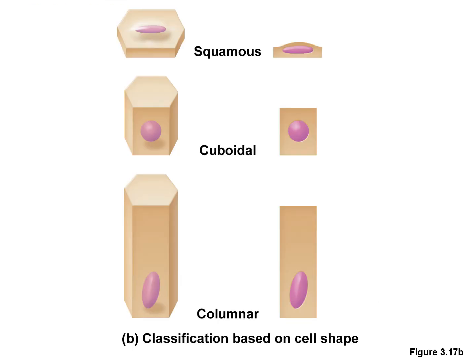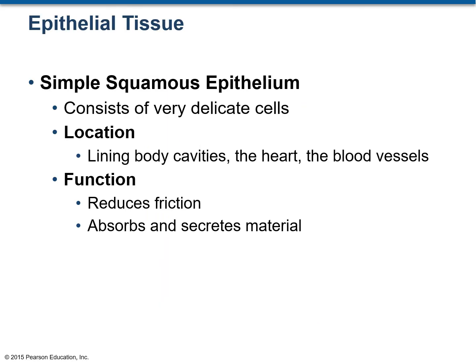So this figure shows the three primary shapes: the flat squamous, the cube-shaped cuboidal, and the tall columnar. So for epithelial tissues, anatomists like to combine the two criteria for the classification of epithelial tissues. That means they want to describe any epithelial tissue based on its shape as well as the number of cell layers. So from this slide on, we will be describing each type of epithelial tissue, and you will see that there are two adjectives for that epithelial tissue. One describes the shape and other describes the number of layers.